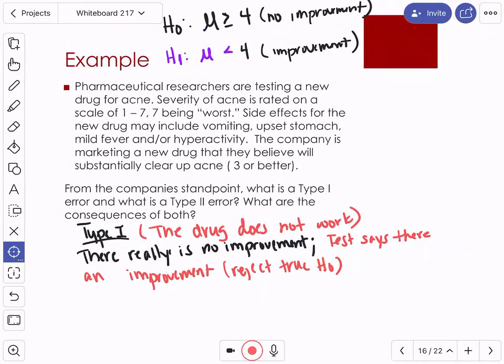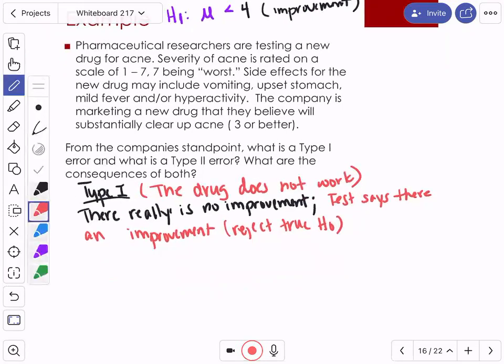Type 1 says then there really is no improvement. So this is already true. That's what a type 1 means. This is true, but the test rejects it and says that this one is not what I'm going to take. And a type 2,